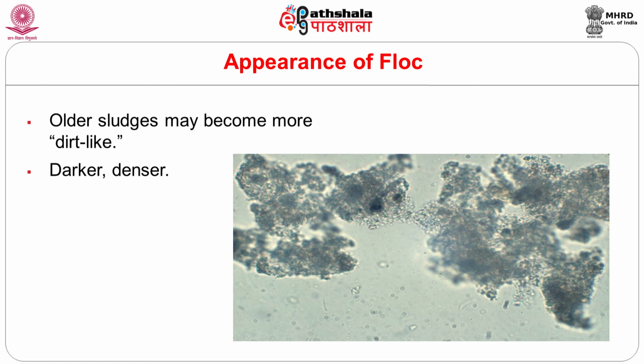So, whatever biological cells are generated during biochemical transformation will be dispersed there. With the help of extracellular polymeric substance, these cells attach and agglomerate with each other. Ultimately, a biological floc will be formed within the reactor. It will be in a suspended state. So, this is the appearance of biological floc. These are the older flocs, which are dark in color. The fresh one is brown in color. This is the appearance of the biological floc that is generated during biochemical transformation.